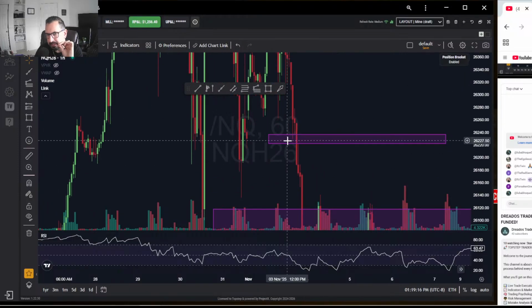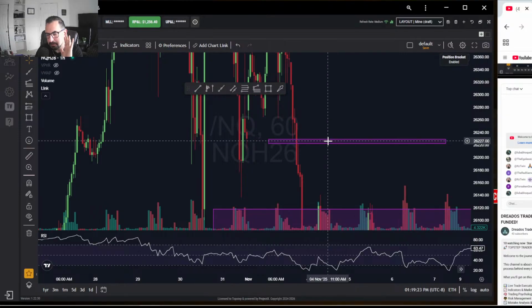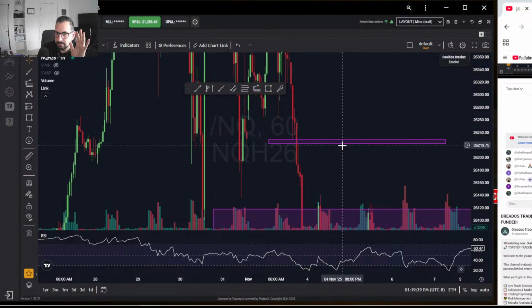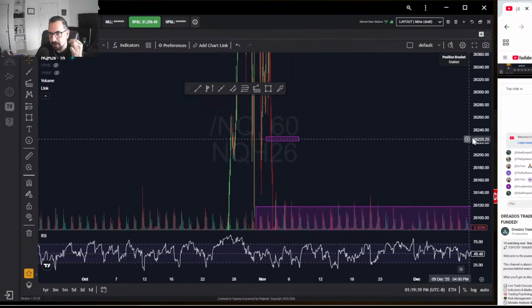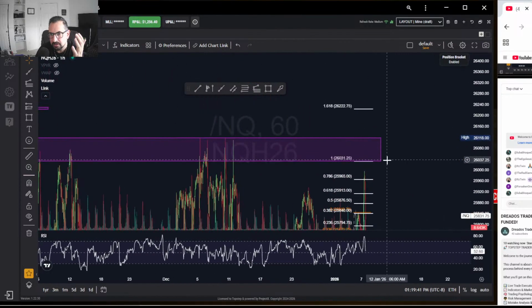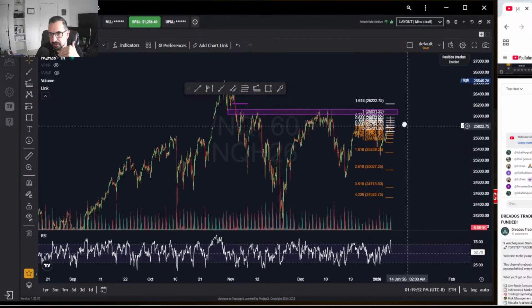These candles basically agreed on the price zone right here, but they never touched. These areas, I've noticed, always tend to be really good levels for reversal trades. So this lines up perfectly with our 26222, literally on the dot. So upside target 26222. We will have some sort of resistance here at 26031, but 26222 definitely looks like a very good upside target before we get any sort of